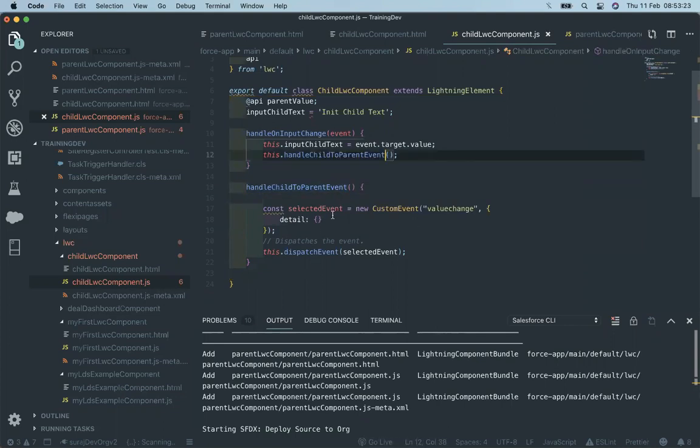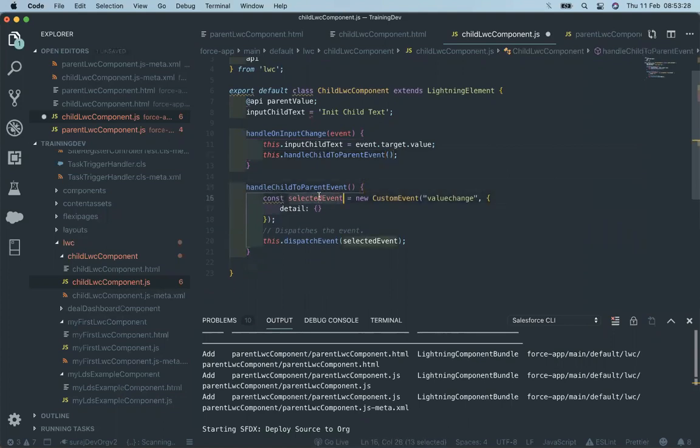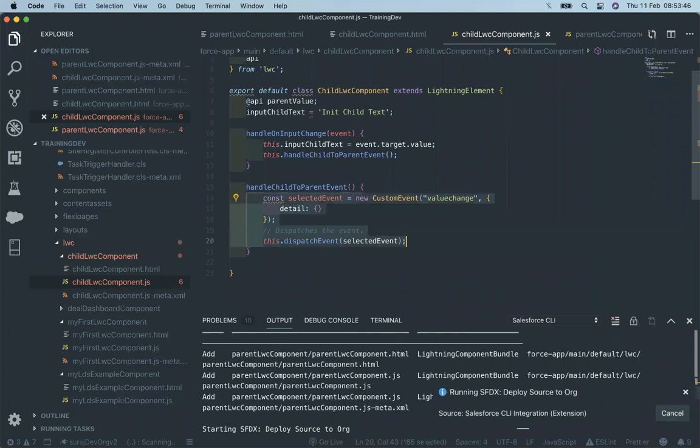So what we are doing is creating a custom event, and this is the way to pass the value. But right now we are just capturing the event. After that we will pass the value. First we capture the event. So whenever the input changes, it will throw a custom event up here, and this is how the child works.